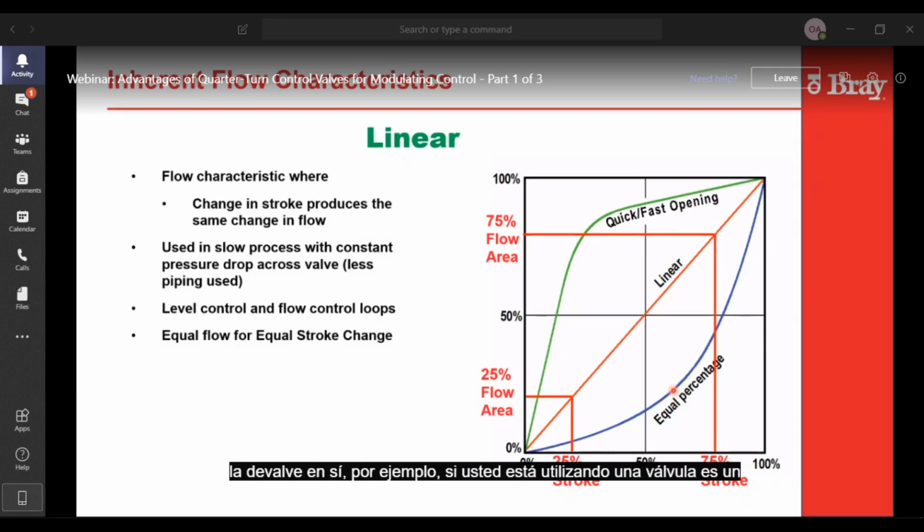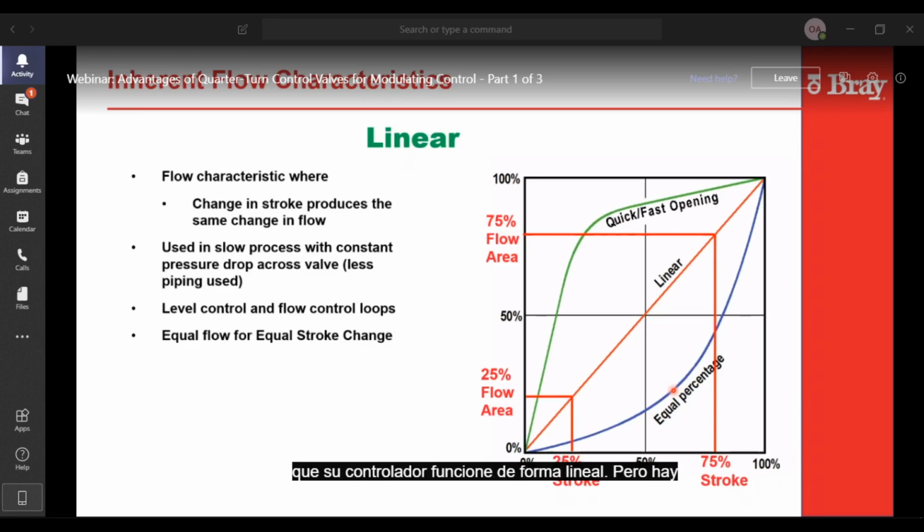For instance, if you're using a valve as a bypass to a pump, where you're basically controlling, let's say, the outlet pressure of a pump and bypassing the excess flow that's not required by the system, then your pressure drop is always constant. So if you're operating a control loop like a bypass valve, which will always have a constant pressure drop through the valve, then your system is really the valve. And at that point, your valve better be linear, because your system is the valve. So your valve needs to be linear for your controller to operate in a linear fashion.